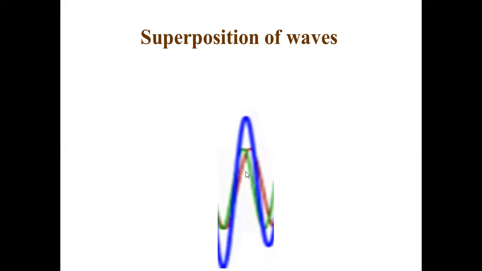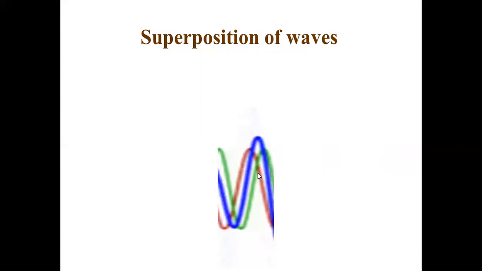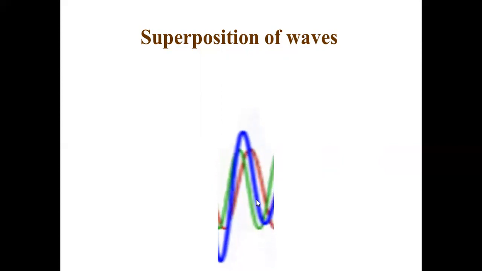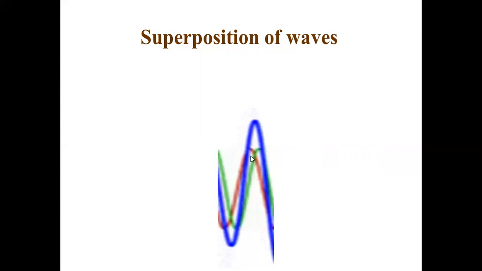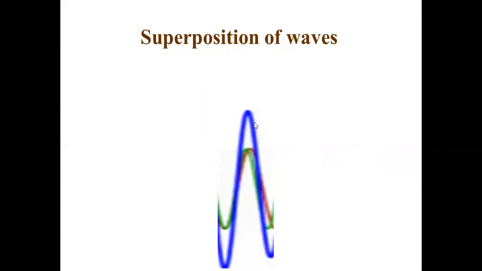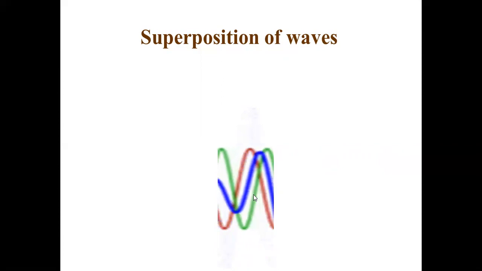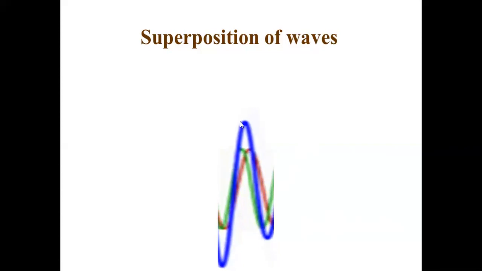So simply to understand, red wave and green wave are traveling with respect to each other. Sometimes crest falls on trough, sometimes crest falls on crest of green and red waves. Blue is the resultant. Now how is the resultant drawn? You see, when the crest of red falls on the trough of green, you see there is no wave. When the crest of green falls on the crest of red, you see maximum wave. This is the resultant. And when the two waves superpose, you never see the two waves at all. You neither see the red wave, nor the green wave. You see the resultant wave itself.